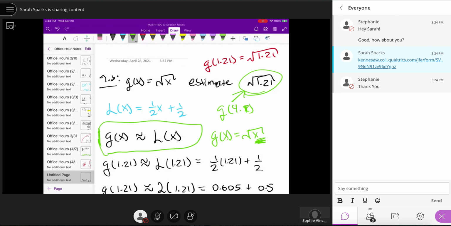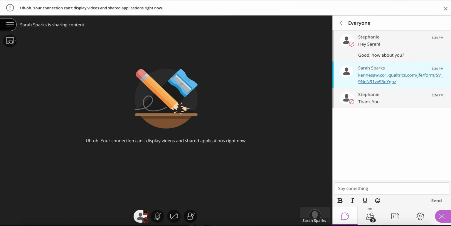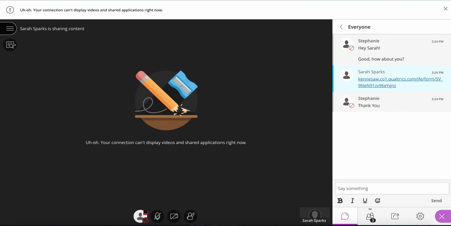It would be 1.21 squared. It would be whatever the value of x is. Okay. And so, go ahead. Yeah, so it doesn't matter what your g of x function is. All it matters is what your x value is. Oh, okay. Because like